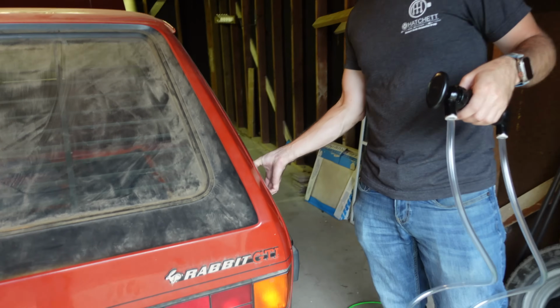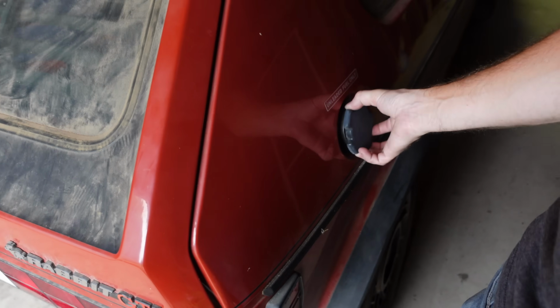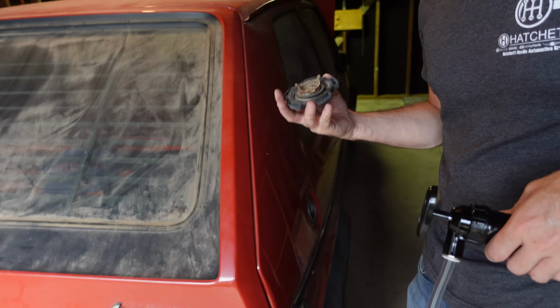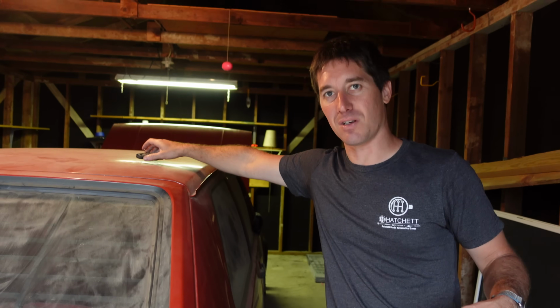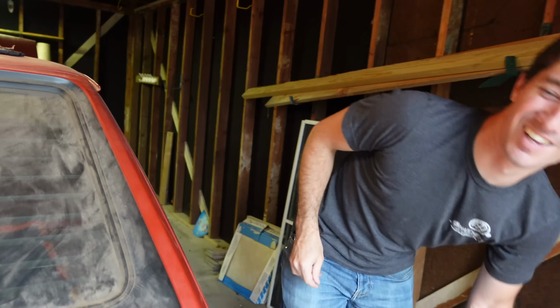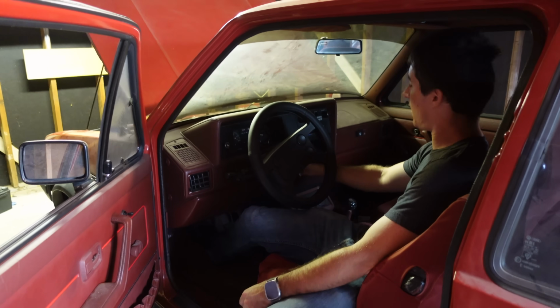Check this out. This is old school. Way before fuel doors. Oh. Well, I wonder... That was interesting. If the vent was clogged or something like that, because it was sucking all that air in there. Yeah. Kind of interesting. We should try to start it. Let's give it a try. Let's try to start it. It might start right up. It does have oil pressure. The light shuts right off when it...